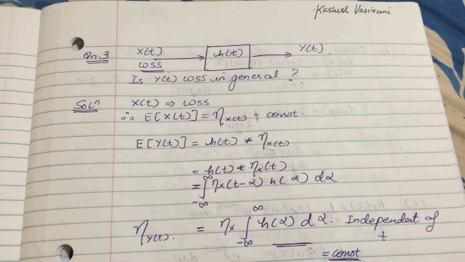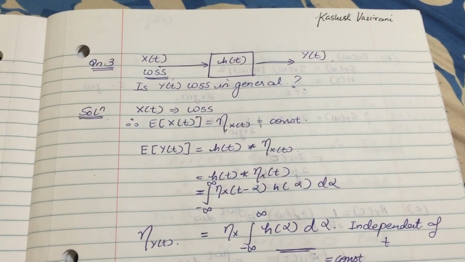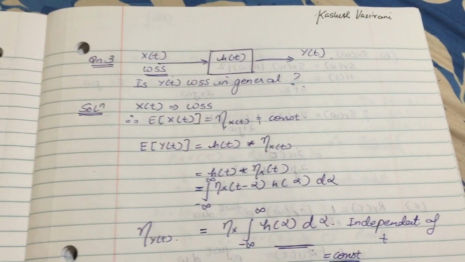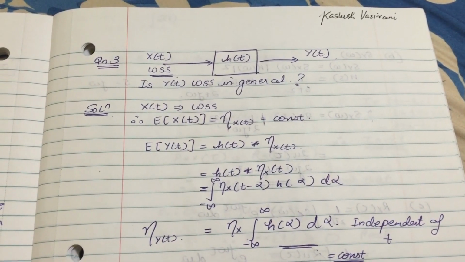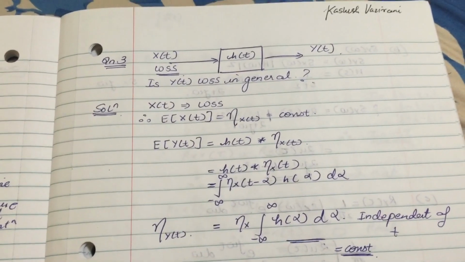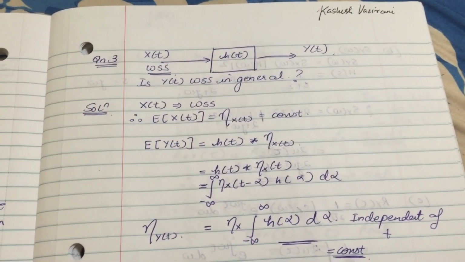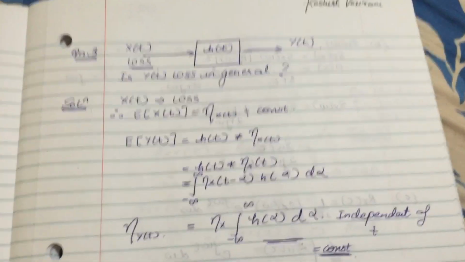What we've been told is that x of t is an input which is wide-sense stationary, and it is passed through h of t, which is the impulse response of an LTI system, and we get an output y of t. Now we have to find out if y of t is wide-sense stationary. We know that x of t is wide-sense stationary, therefore